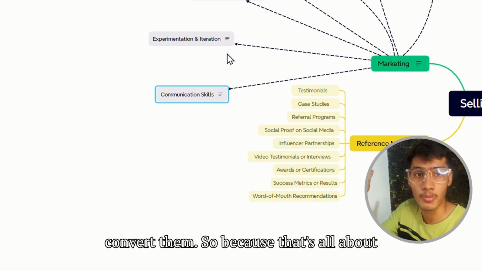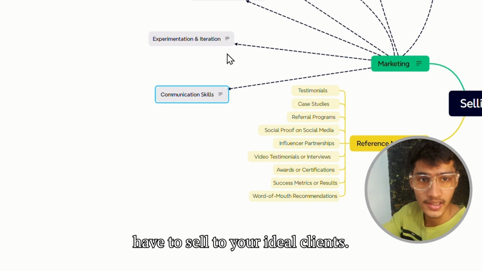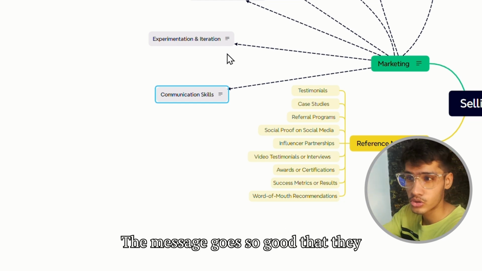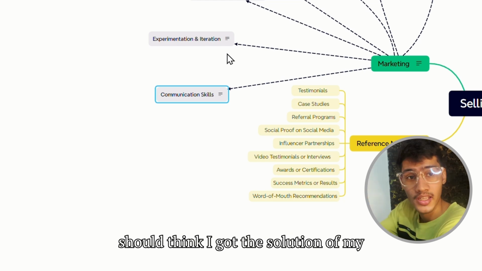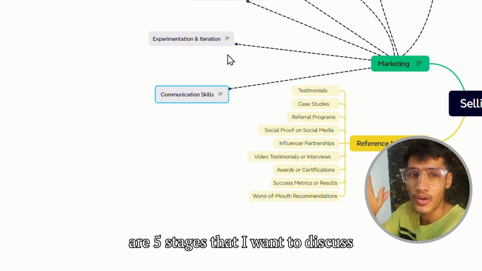Because all that marketing is about is, you have something and you have to sell to your ideal clients. The message should be so good that they think, I got the solution to my problem, and here it is. And there are 5 stages that I want to discuss of